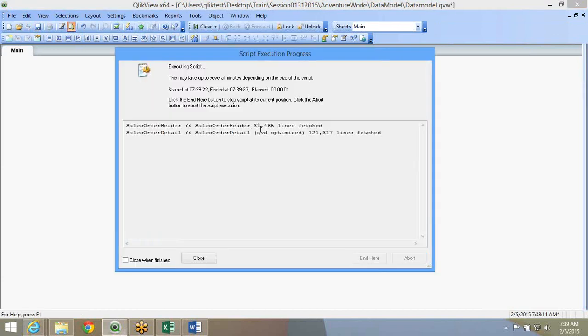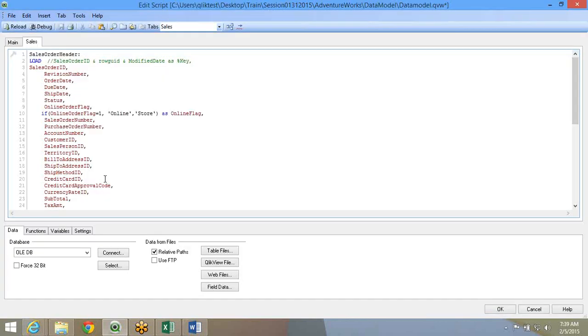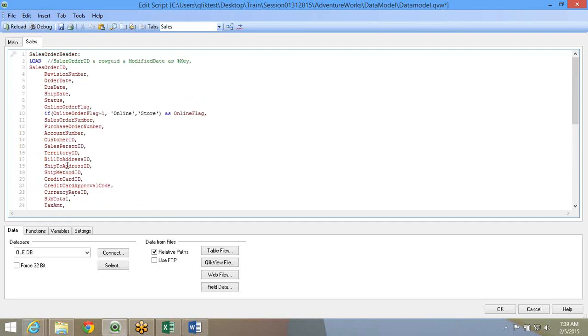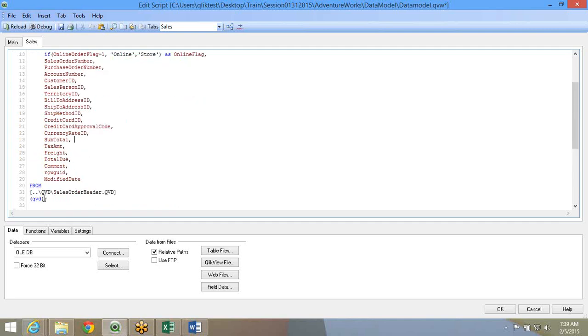For smaller files, if the optimization breaks, it's okay. But for larger files, you have to make sure that optimization is intact. The optimization breaks when you do any kind of transformation, except for writing an alias. So if you rename a field, it won't break. Or if you use where exists, we'll come to where exists. Even if you use a where clause while loading data from a QlikView QVD file, it will break, and it becomes an unoptimized load basically.